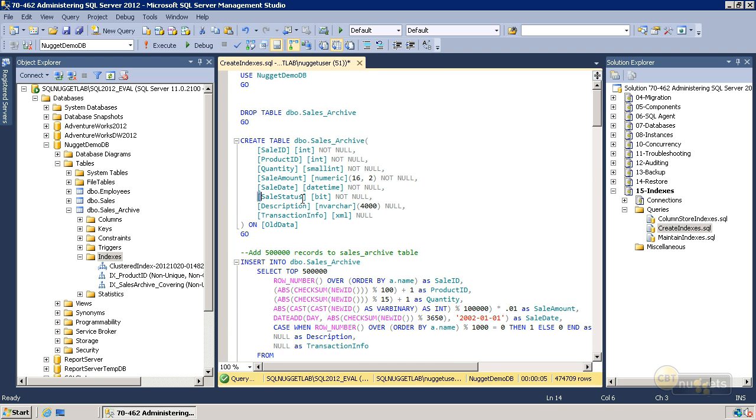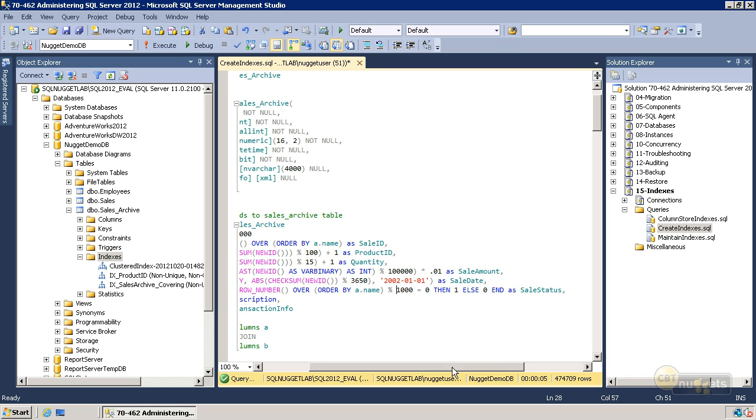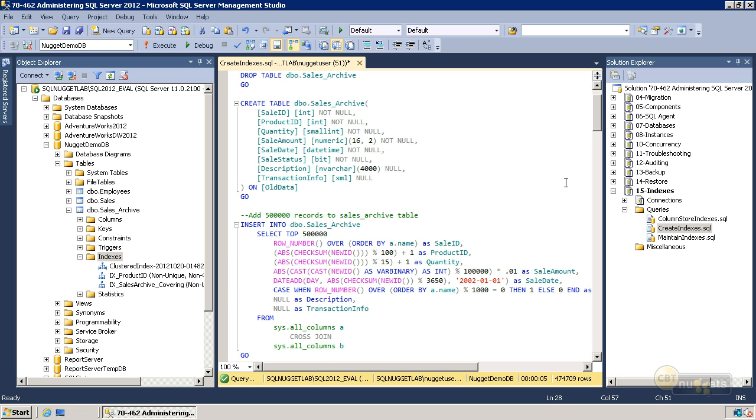Now let's move on to filtered indexes, and let me run up to the top here just to show you. We added a column called sales status. And when we loaded our 500,000 records, I had a little bit of logic in here that says every 1,000 records, turn that sales status to 1. So what that'll equate to is out of 500,000 records, we have 500 that have a sales status of 1. So this could be something like, we have old outstanding sales that are open in our archive table, and maybe a report is run at the end of every day to find out